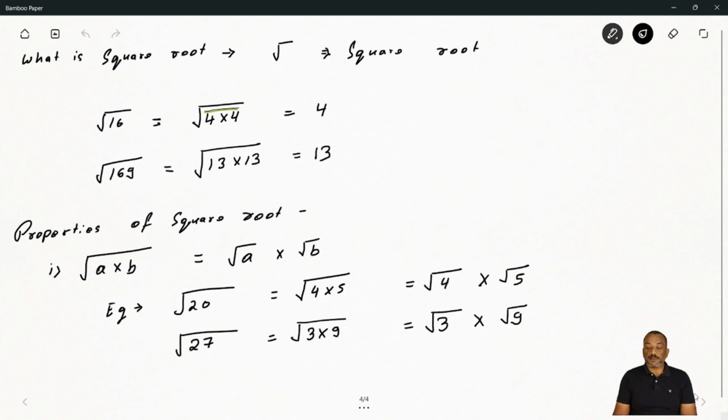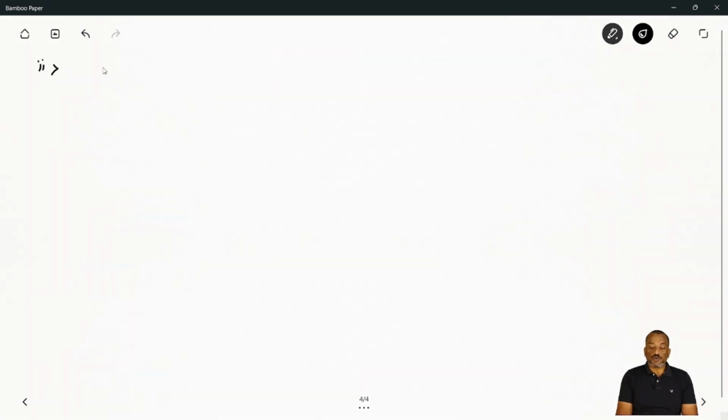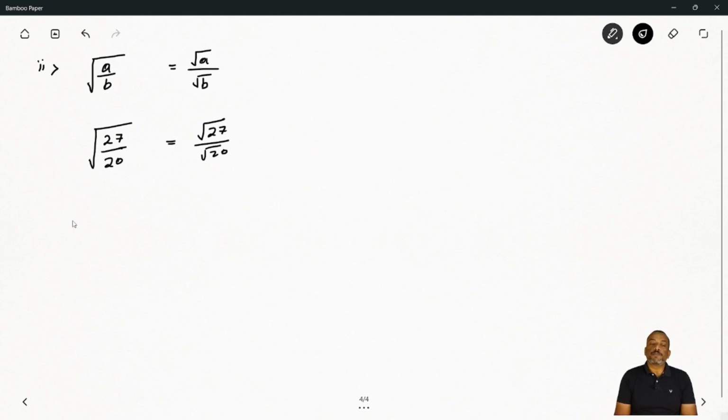अब सेकेंड प्रॉपर्टी की बात करते हैं यहाँ पे। सो सेकेंड प्रॉपर्टी इट इज सेइंग, इफ स्क्वायर रूट ऑफ a divided by b या a by b, so we can also say square root of a बाय स्क्वायर रूट ऑफ b। ठीक है, जैसे अगर हम बात करें 27/20, तो आप इसको ऐसे भी लिख सकते हो, स्क्वायर रूट 27 ओवर स्क्वायर रूट 20। सो दैट इज योर सेकेंड प्रॉपर्टी, होप यू गेटिंग। सेम वे दूसरा क्वेश्चन, जैसे स्क्वायर रूट ऑफ 5 ओवर 6, सो वी कैन ऑल्सो राइट स्क्वायर रूट ऑफ 5 बाय स्क्वायर रूट ऑफ 6, ओके। सो दिस इज योर सेकेंड प्रॉपर्टी।